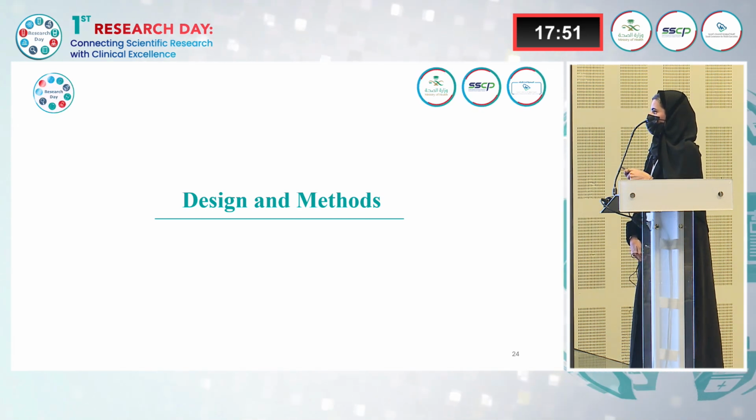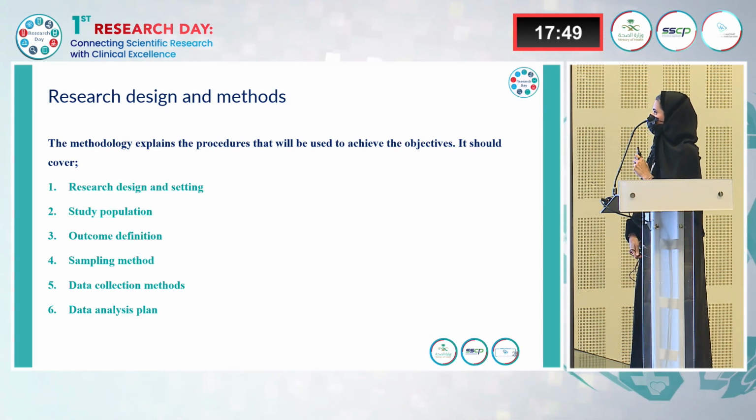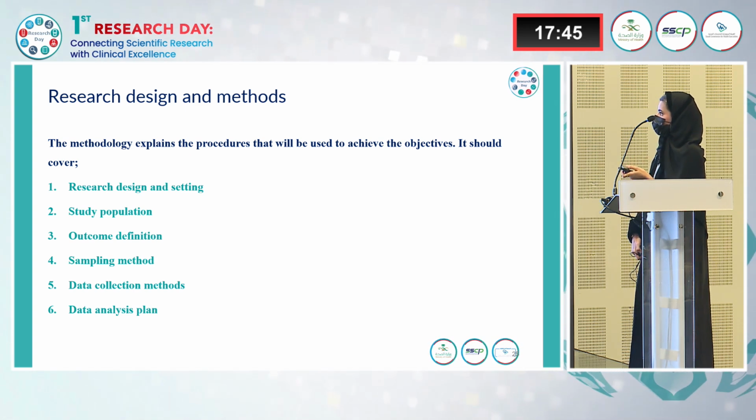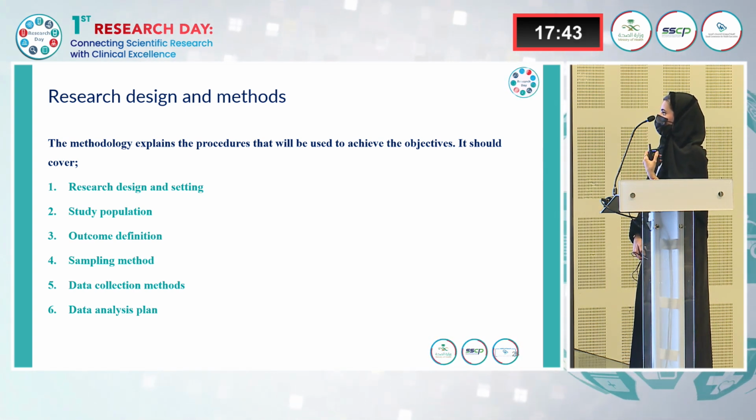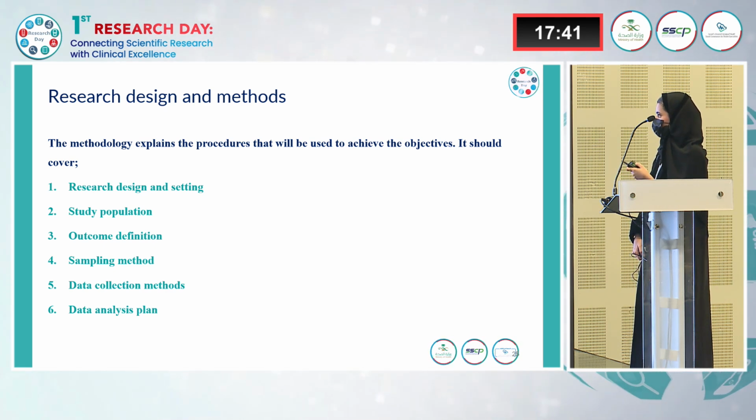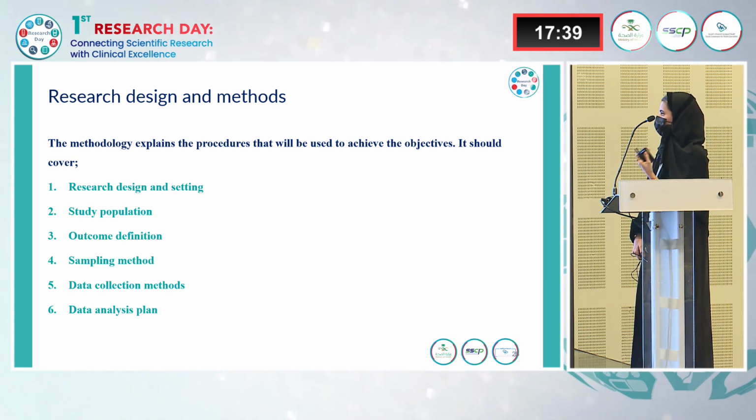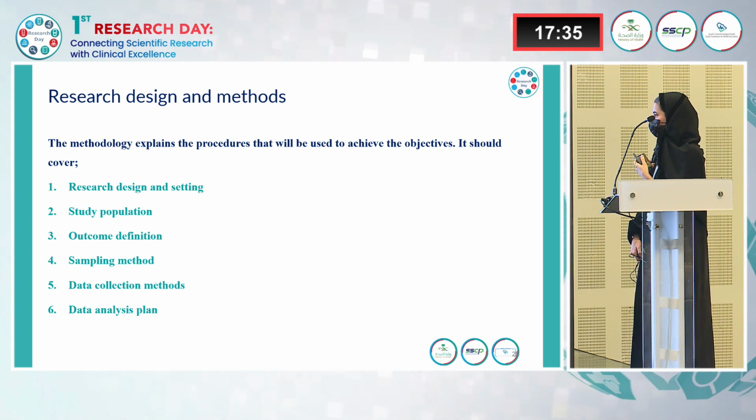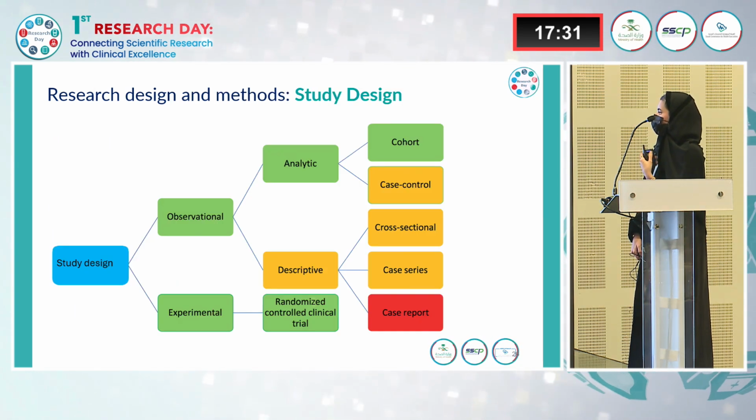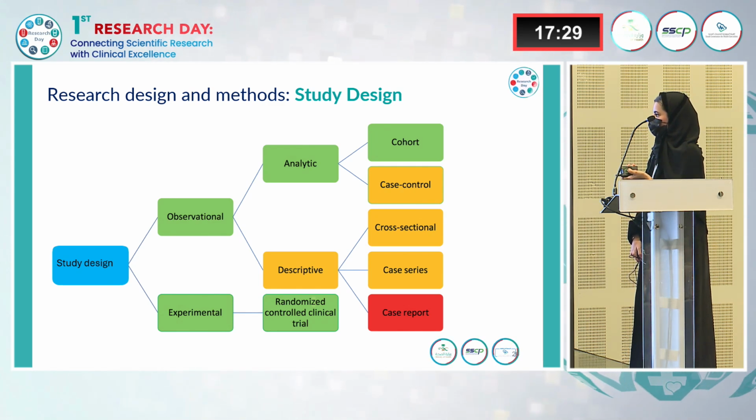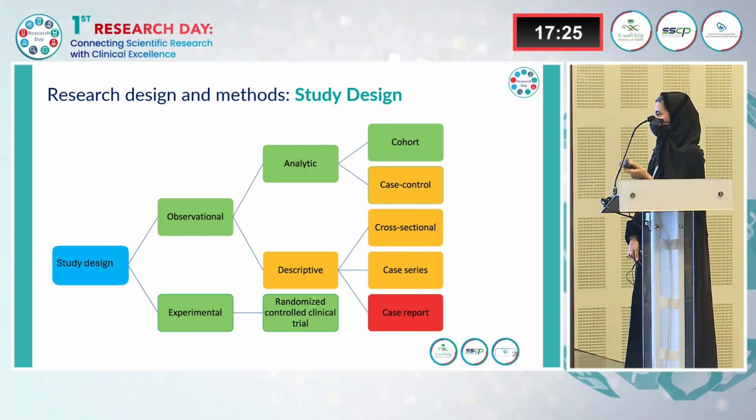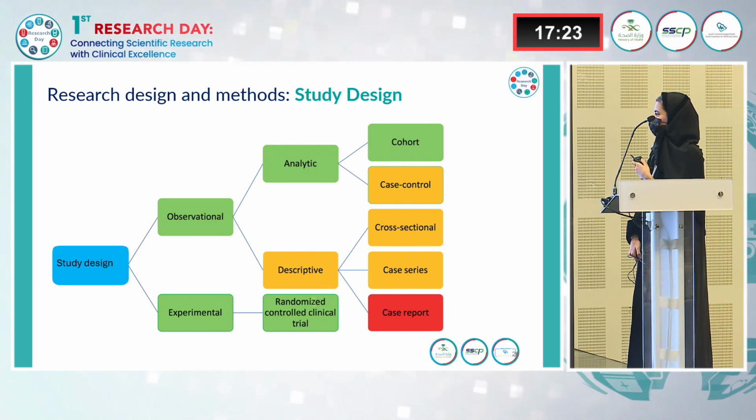Design the method, I will be summarizing in this section since it was highlighted by others. It should explain the procedure that you will be doing to achieve the objective. This section should include the design and setting, the population, outcome definition, sampling method, data collection methods, and data analysis plan. So for the study design, as highlighted before, the studies are either observational or experimental, such as RCTs,